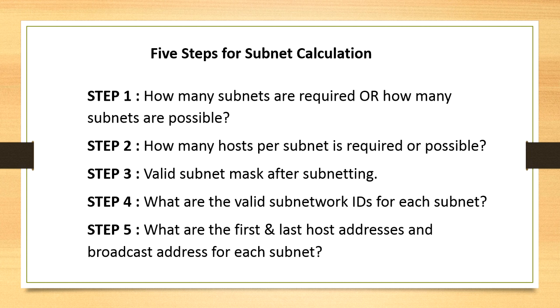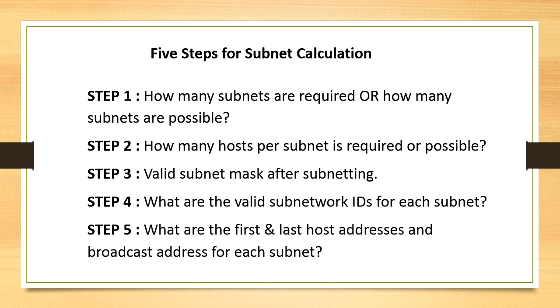That depends. If you are given a big network and somebody is asking you to split it up into 4 subnets, then the number of subnets that you need is 4. So this is what step 1 says. Now what is step 2? That is saying how many hosts per subnet are required. Step 3 says the valid subnet mask after subnetting. Step 4 states what the valid subnetwork IDs are for each subnet. And the last step, step 5, says the first and last host address and the broadcast